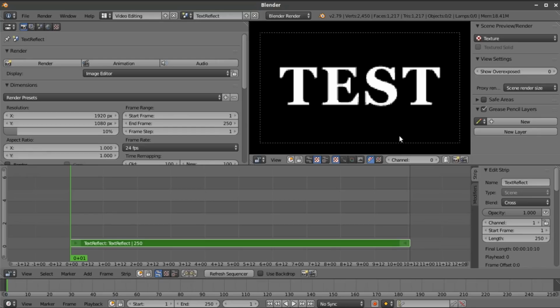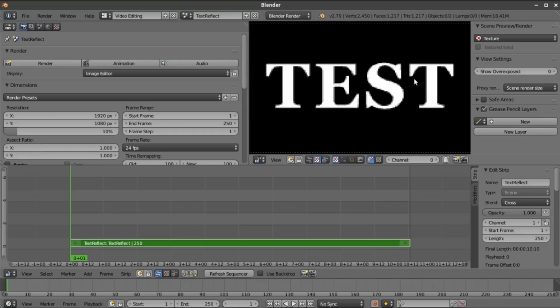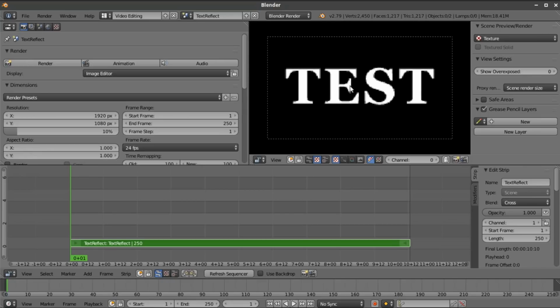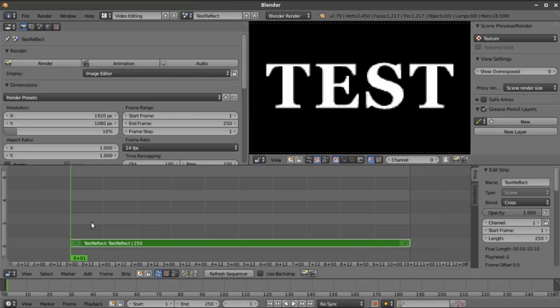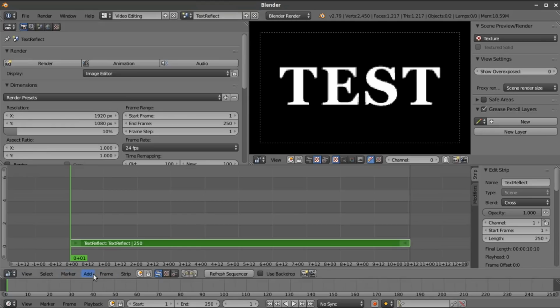One other thing that it doesn't do is anti-aliasing. Even though it could upconvert a scene in another video sequence editor project at full resolution, it will not do anti-aliasing. You're stuck with the blocking that you have. Now that isn't going to be a problem because what we're going to do is apply a blur